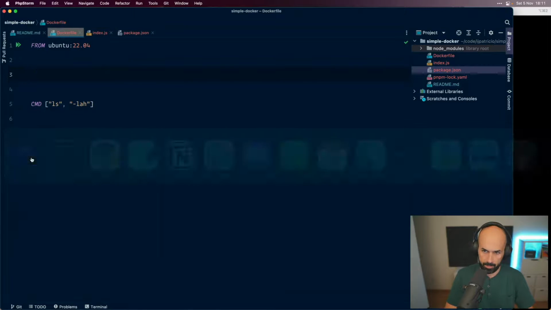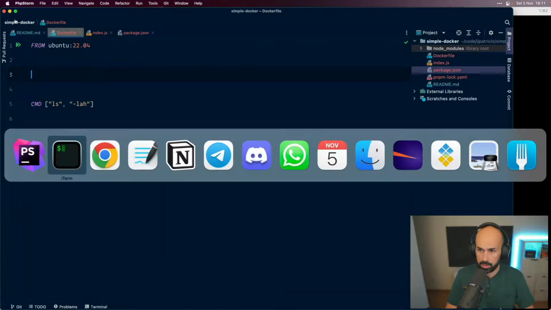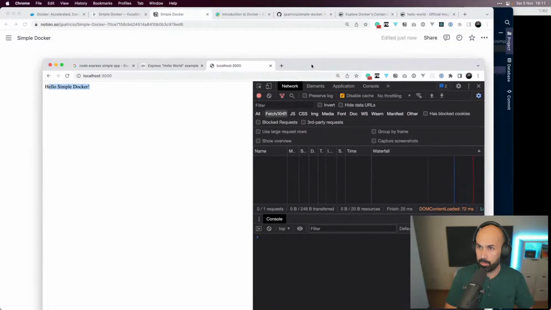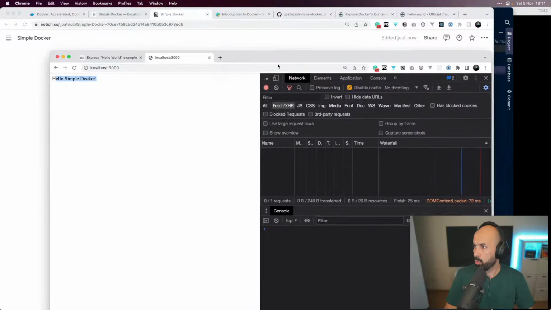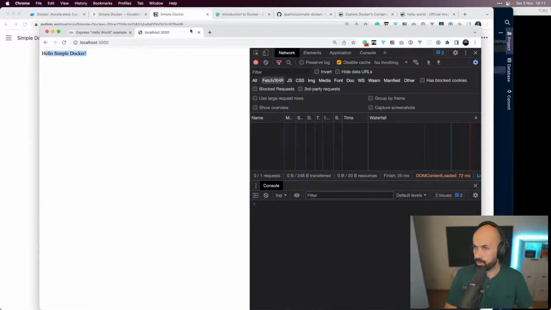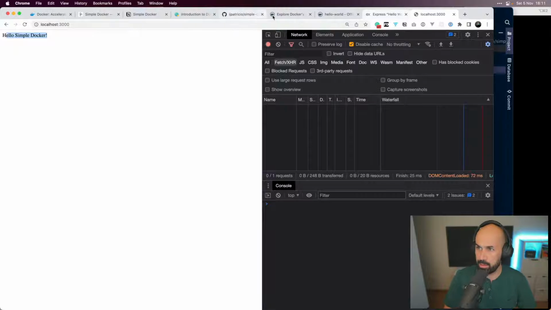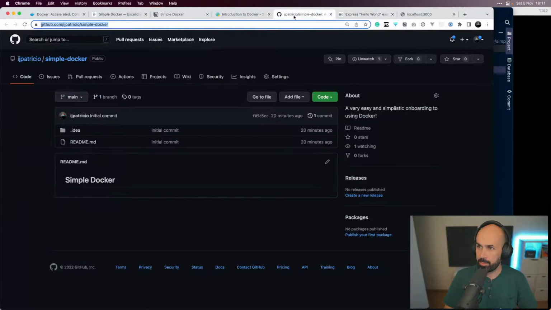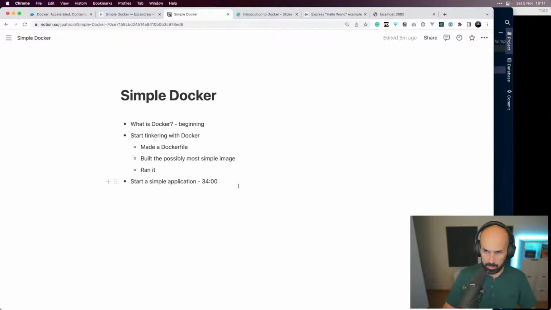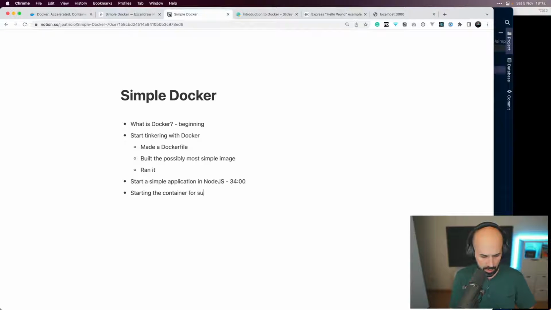So, 38 minutes, and we have two browsers. Don't want to make this too much of a mess, I'm sorry for that if that's the case. So we can close this and start simple application in Node.js, and we're starting the container for such application.